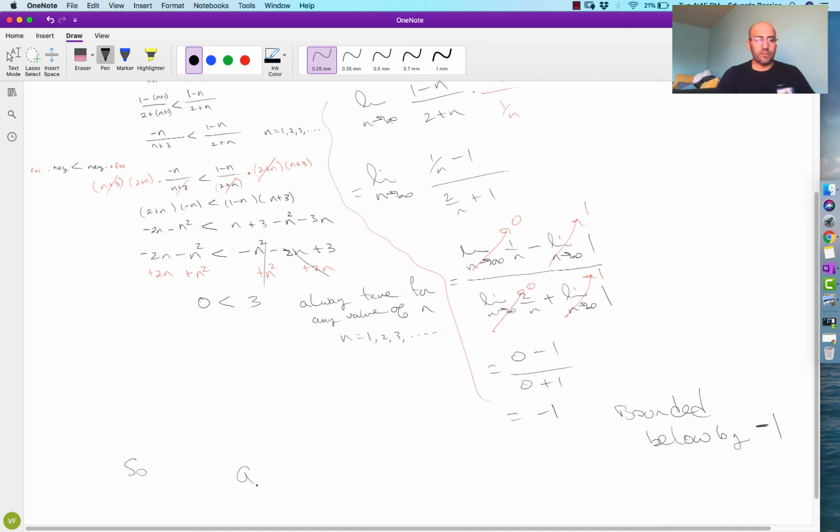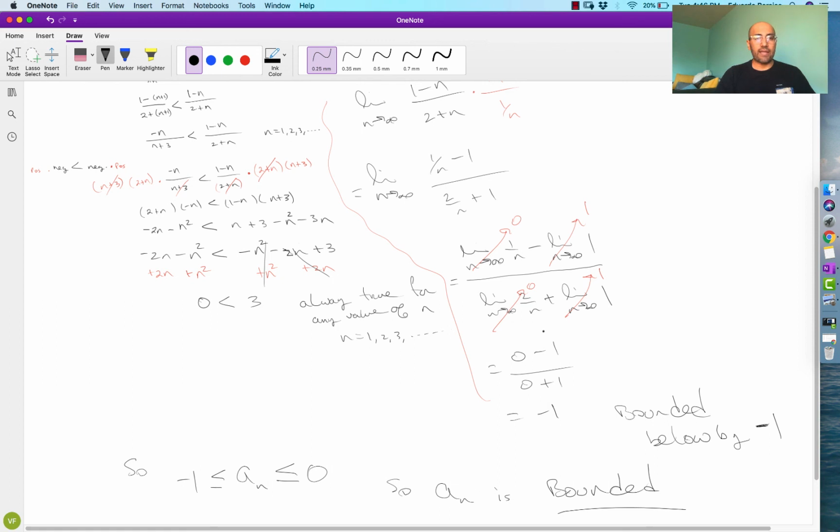So the sequence a sub n is bounded below, right? It's always greater than -1, and it's bounded above by any positive number. The biggest number could be 0, but I could also just put a 1 there or a 2 there, it doesn't matter. It's strictly less than that, it's bounded. So instead of just saying it's bounded below, we just say it's bounded. So a sub n is bounded. It's a more powerful statement because it's bounded from above and bounded from below. It's just bounded.